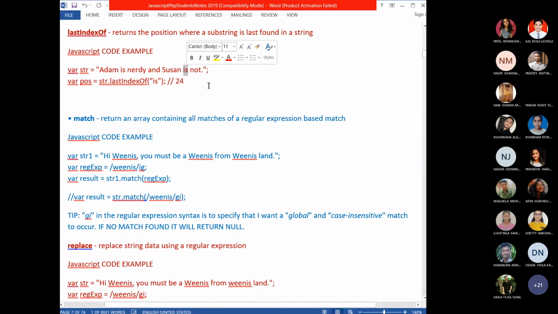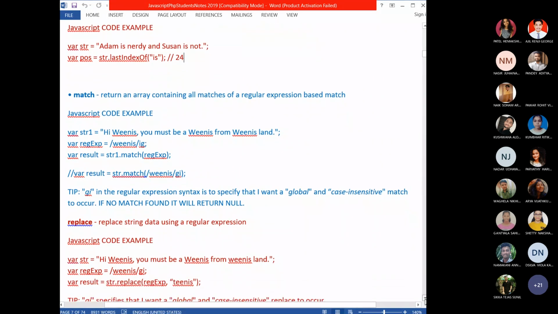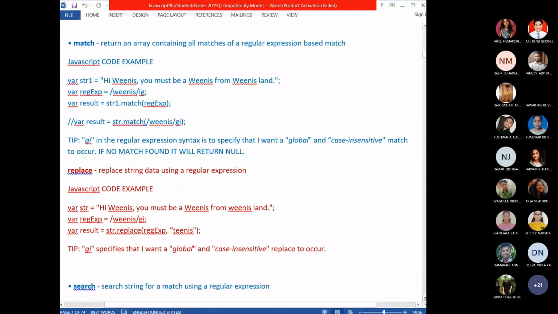Okay, we were in match during the last lecture. match is another method of string object. This is a little special because here we will use a regular expression.